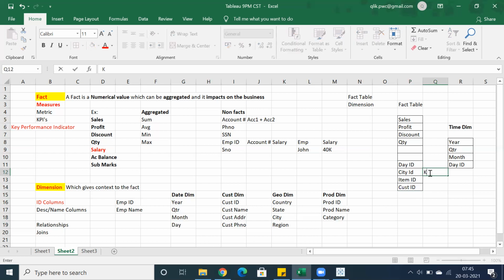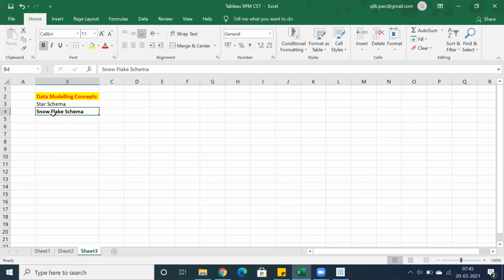As I said, we can also call them dimensions, as ID columns are also dimensions, right? But in general, we have a concept called primary key and foreign key. Remember, I'm going to explain all these points in the star schema and snowflake schema differentiation. But let's remember this particular point: in a dimension table, we have only dimensions, but in a fact table, we have both facts and dimensions. I will give you more details here.